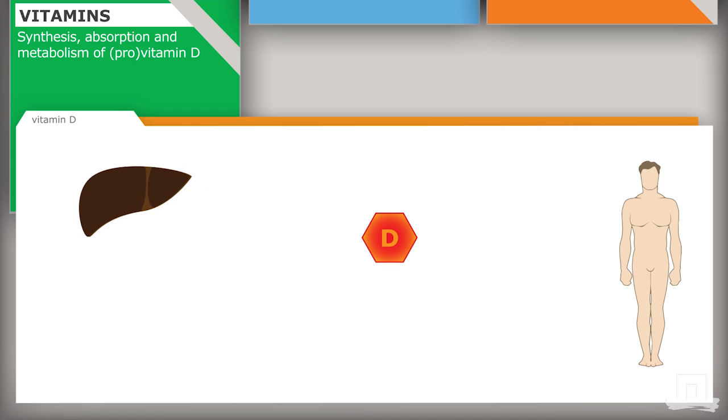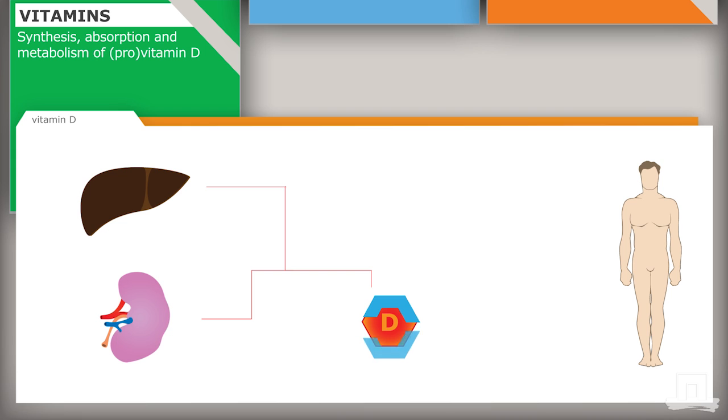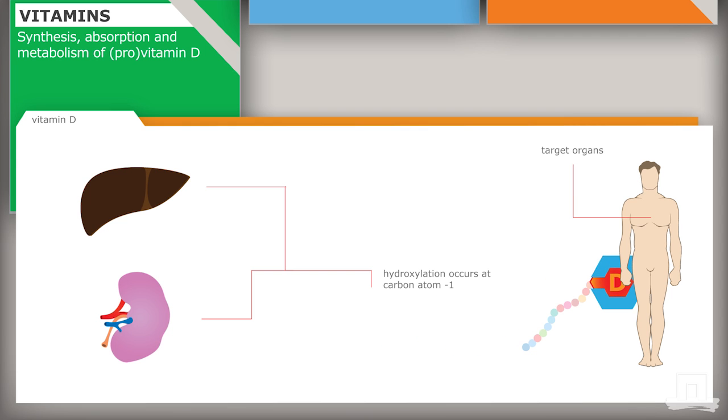Hydroxylation in the liver occurs at carbon atom 25, and this yields the intermediate 25-hydroxy vitamin D, also called calcidiol. This is transformed into the active form of the vitamin by further hydroxylation in the kidney at carbon atom 1 to 1,25-dihydroxy vitamin D, or calcitriol. The active vitamin D reaches its target organs through the bloodstream, where it circulates mainly bound to the vitamin D